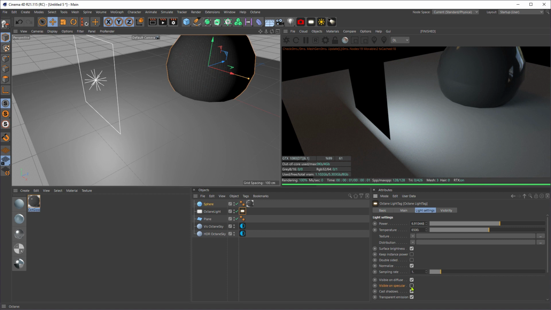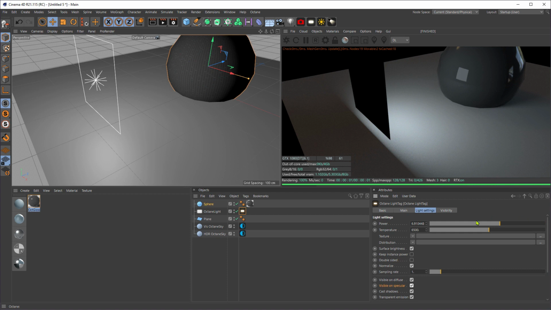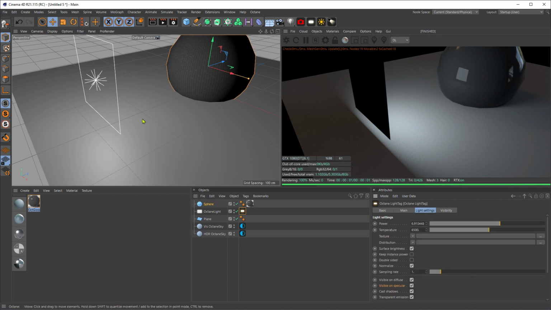Again, I don't actually tend to use these too much because there is another way of restricting where lights can go, but we'll save that for one of our more advanced chapters a bit later, I think. I don't want to blow your minds with the boring, mundane stuff too early. And all this stuff down here, ignore it, don't worry about it. Not all that important. Okay, so that is the basics of your lighting